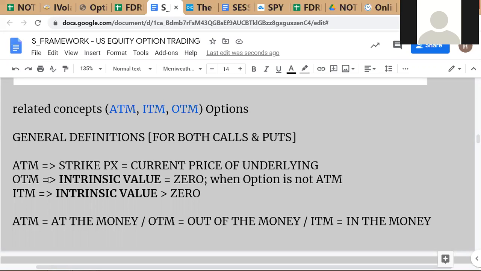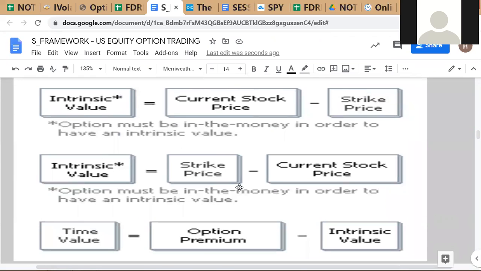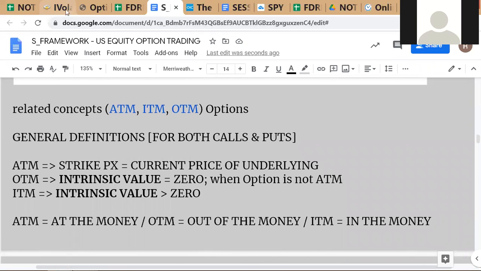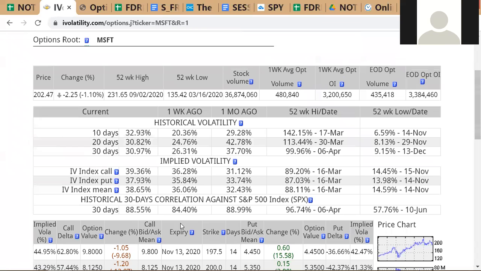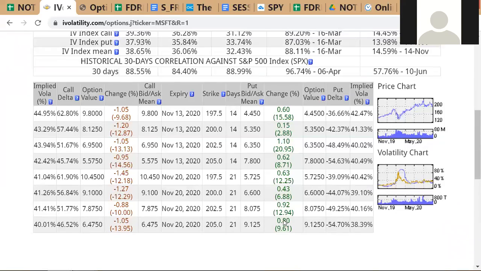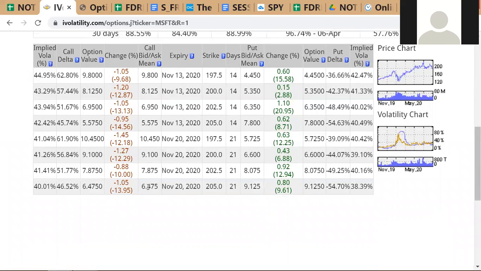So it is out of the money typically, and now you can see this as an example of an out of the money option. If you see 205, this is an example of an out of the money call. I'll just quickly wrap it up here itself. Strike price is 205, it's a call option, and the underlying price is 202.47. So if you exercise this option and follow those two steps, you will actually lose money. All right, so that's an example of an out of the money option.